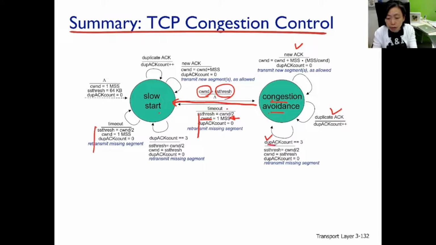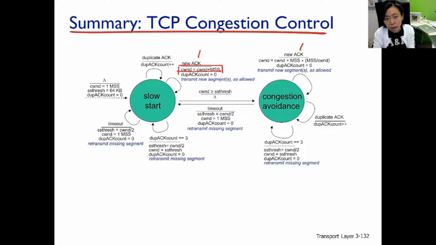Similarly, for dupACK count equaling 3, all the same. Similarly for dupACK, just incrementing the duplicate ACK count. But the last one, the new ACK, we need to be careful here, all right? Because in SS versus CA, when we receive a new ACK, meaning no loss, we actually increase the window size differently. So yes, this is why you see here